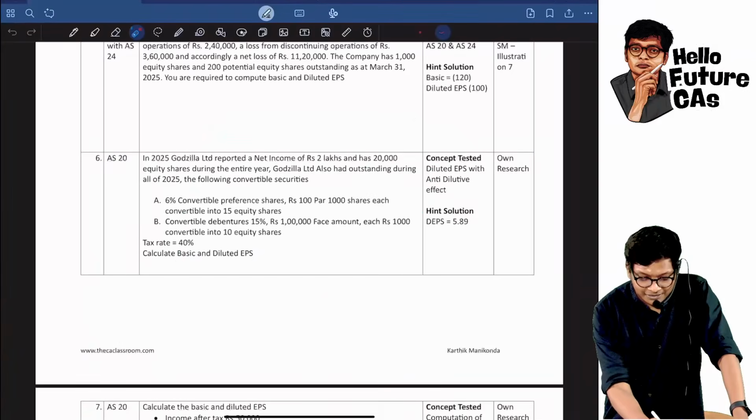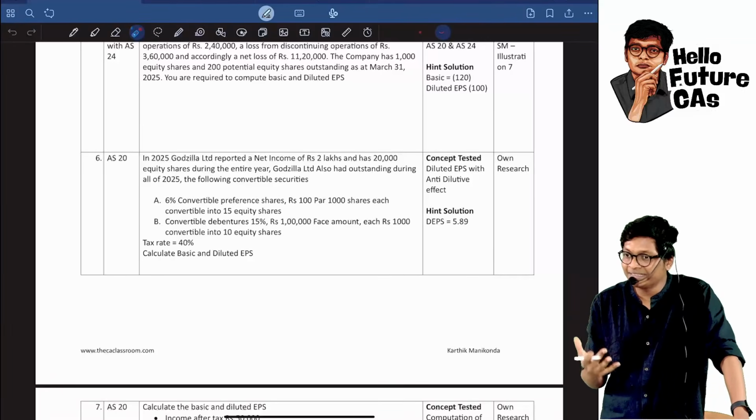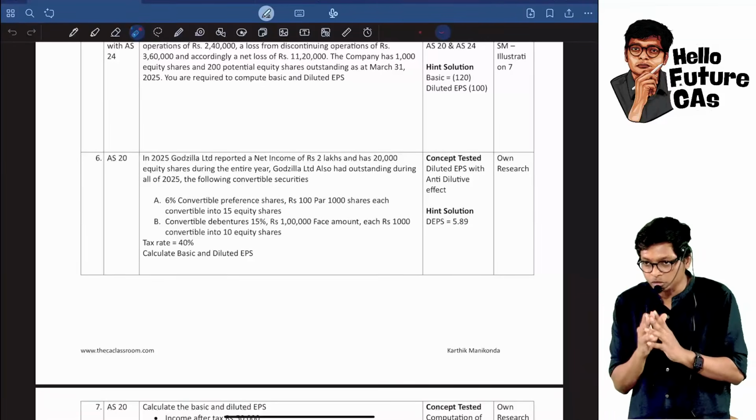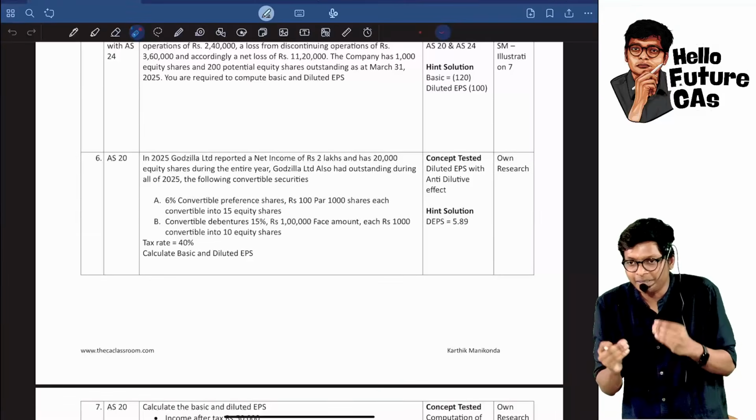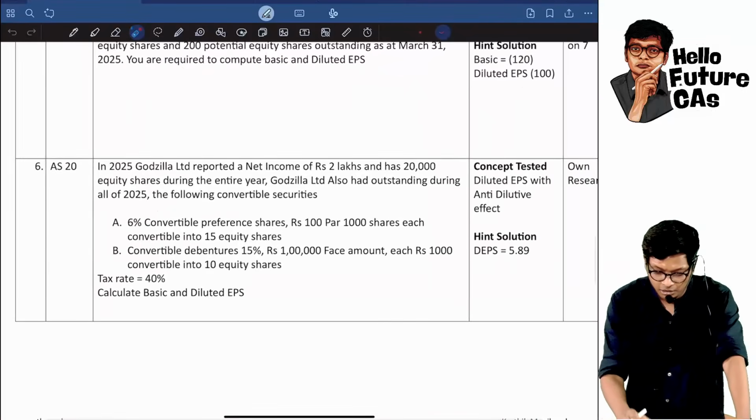So keeping this in mind, let's go to sums. I'm sure most of you know these concepts. I'm just revising them for you to be clear. Most of you know this, guys. If you're learning for the first time, maybe you will or will not understand. We are focusing only on sums here, guys. So question number